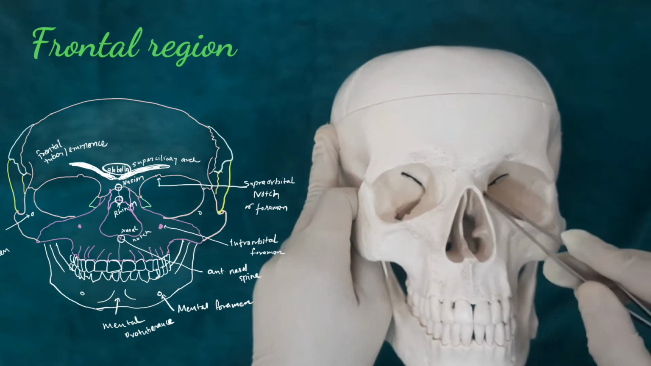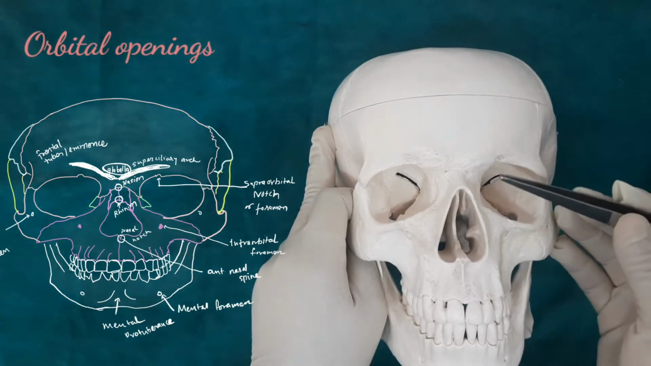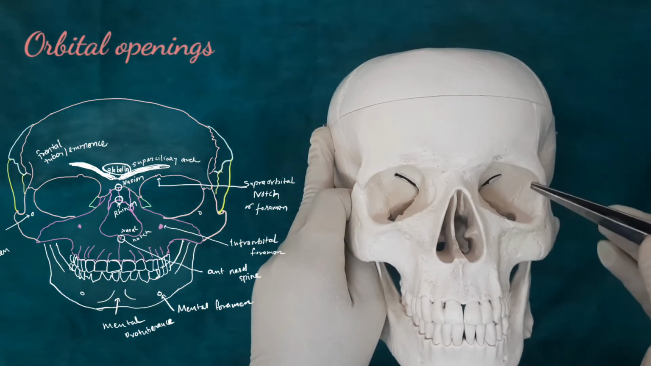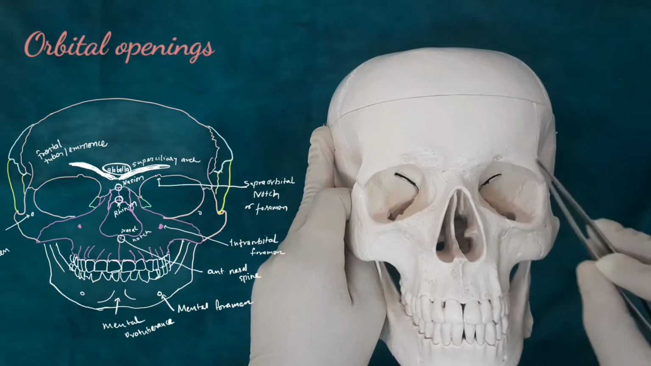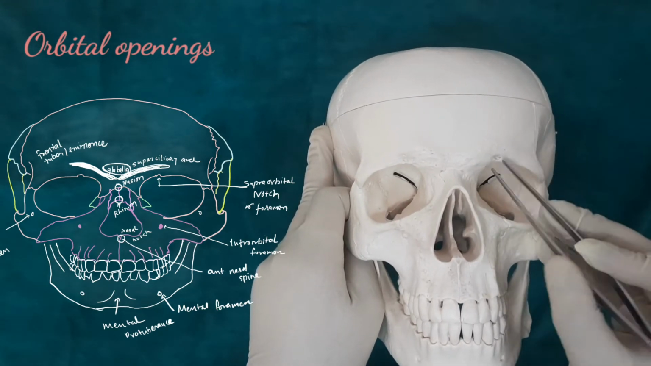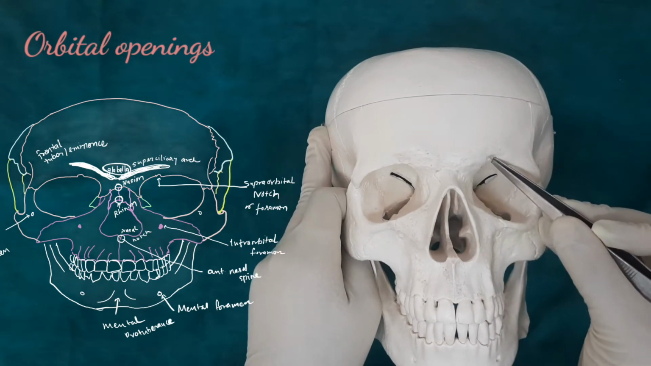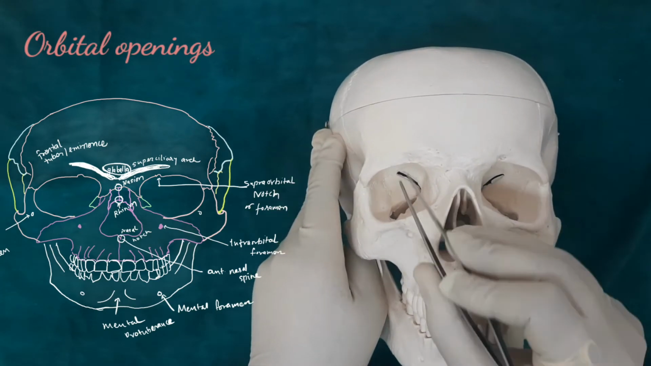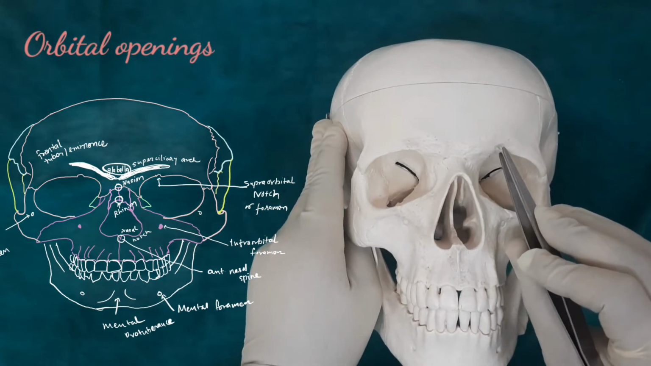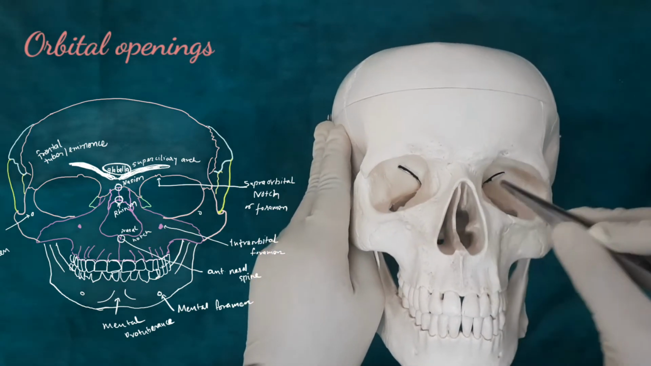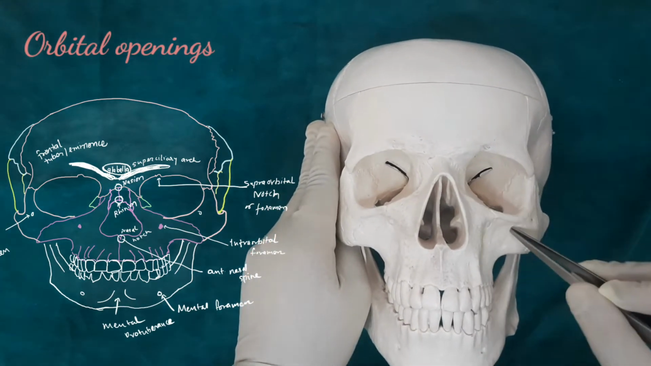Now the orbital openings. We can see the margin of the orbital openings. It is quadrangular in shape. The upper margin is known as the supraorbital margin and it is formed by the frontal bone. At the junction of the lateral two-thirds and medial one-third, we can see a notch here which is known as the supraorbital notch or foramen. Then the infraorbital margin, it is formed by the zygomatic bone laterally and medially it is